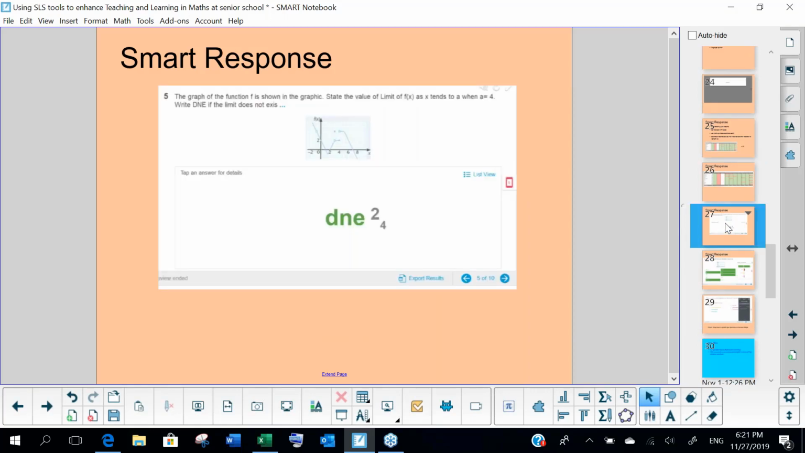Now this is another Smart Response quiz that I did, and this was with the Year 13 calculus class. And it was one graph that they were presented with. Now remember, this looks very small for us, but students can hit that little square on their screen and that will make the graphic much larger. If I go through the results, you see on the bottom right-hand corner here, an ability to go through the results